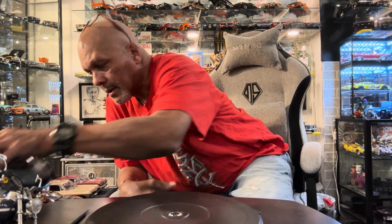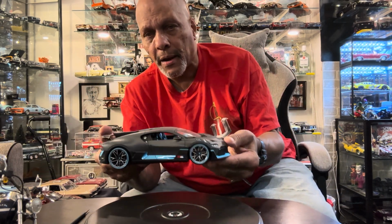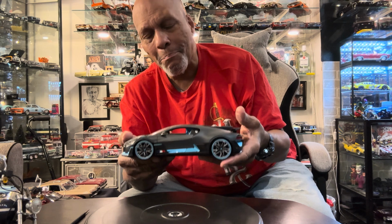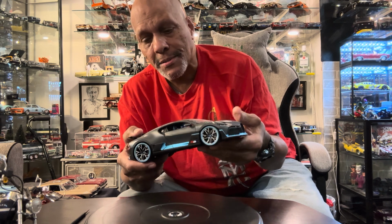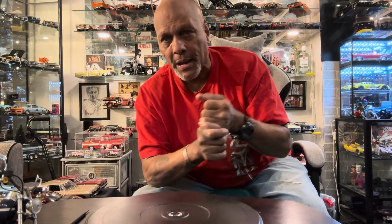Here is a Bugatti. I know I've been talking for a minute here. Got this at a box store, $16. But you can't walk out the store and not buy this. So for beginners out there, let me wrap up. For beginners out there,